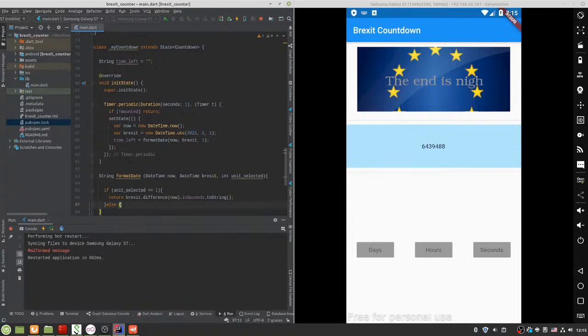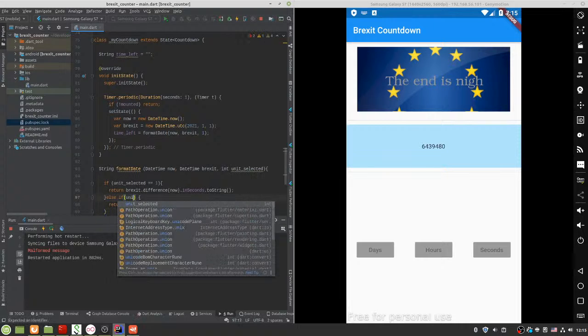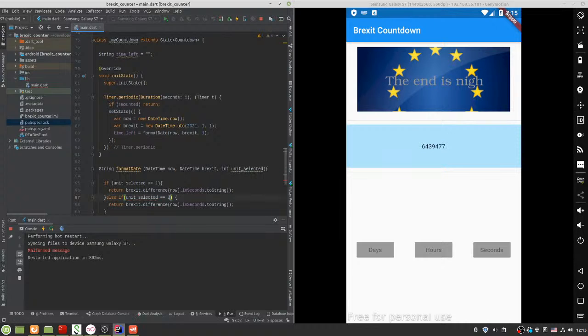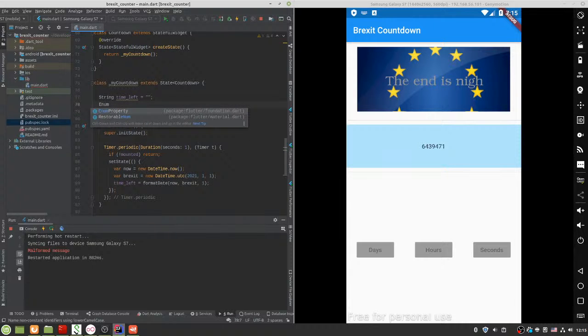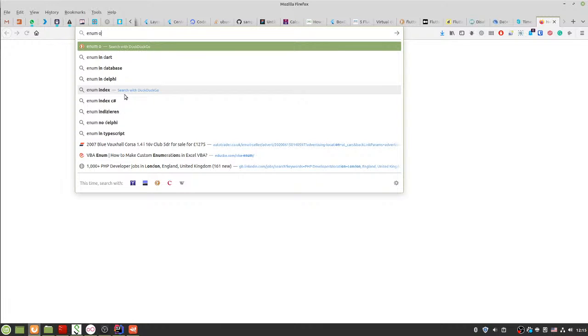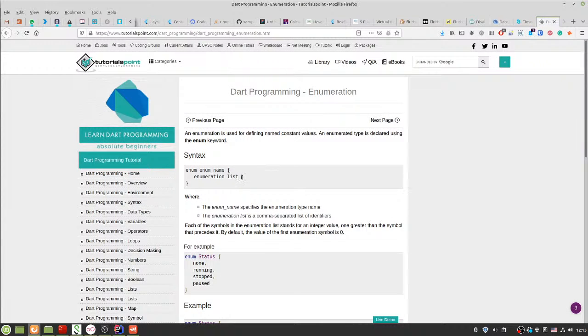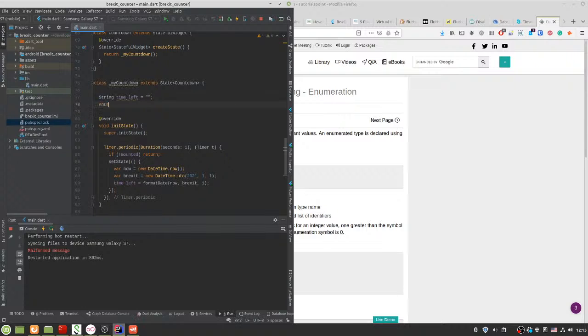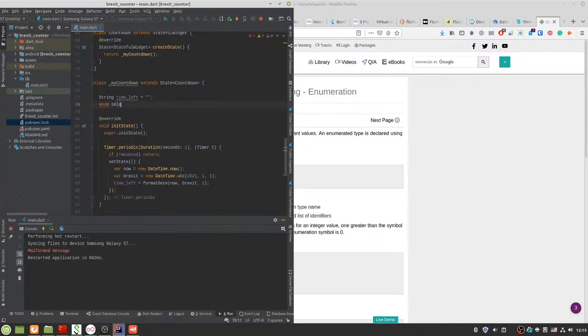Else return, else if unit selected equals 2. Can we do something clever like an enum here? Enum in Dart. How do you do enums? Please tell me you have enums. No? He might not have enums. Oh, okay, cool. So this is an enum. Oh, what the hell? Oh, and an enum name. So, unit selection, unit